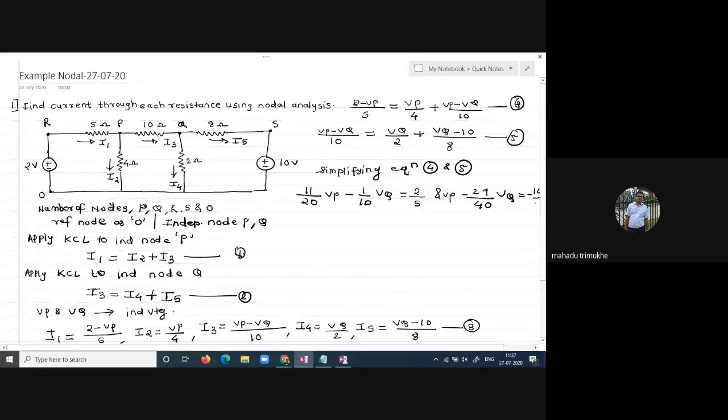After simplification, equations four and five, you will get these equations. Now you have to solve these two equations: 11 by 20 Vp minus 1 by 10 Vq is equal to 2 by 5, and Vp minus 29 by 40 Vq is equal to minus 10 by 8. After solving these two equations, the unknown is what? That is Vp and Vq. These are the two independent nodes. Right? After solving this, you will get Vp is equal to